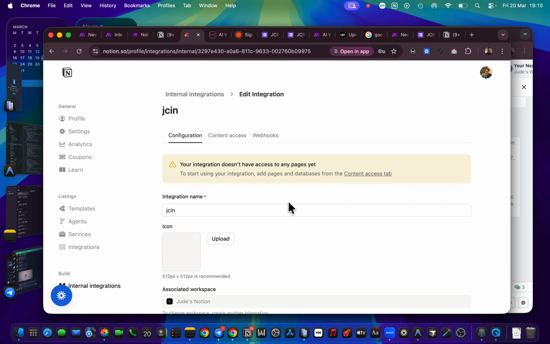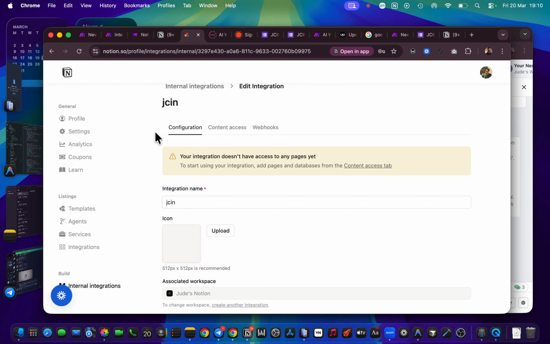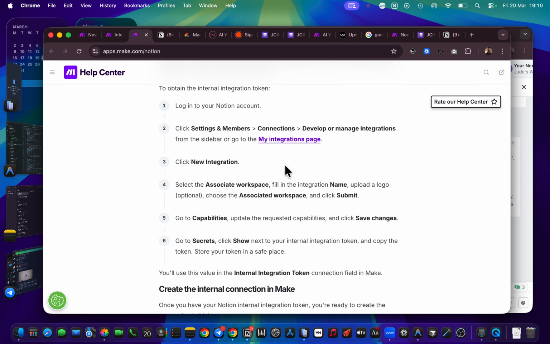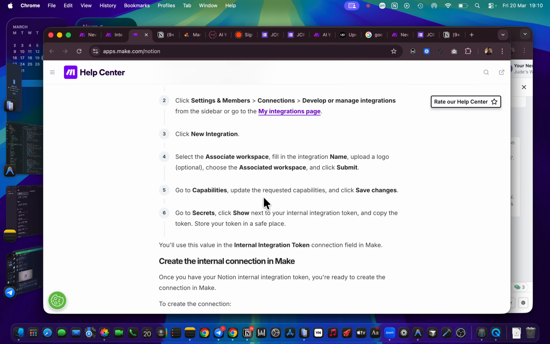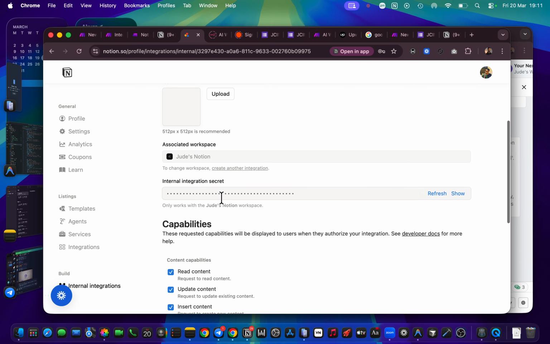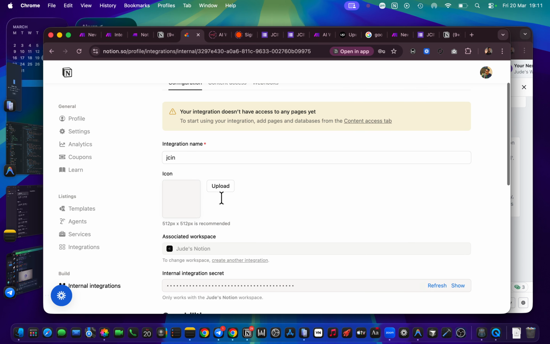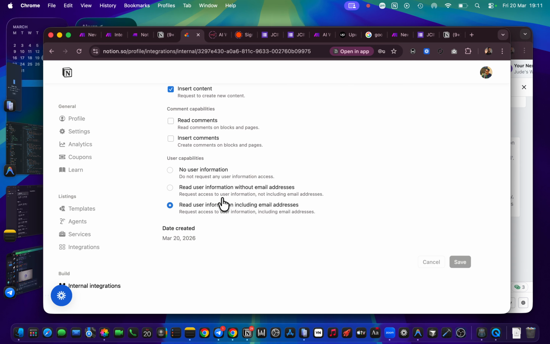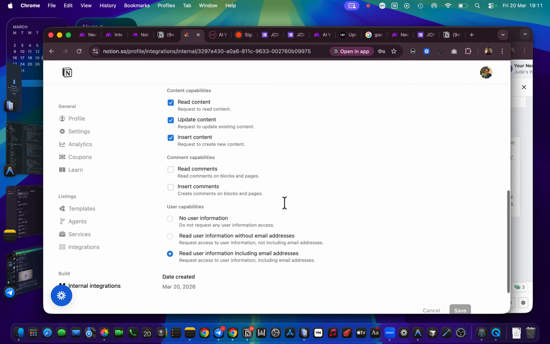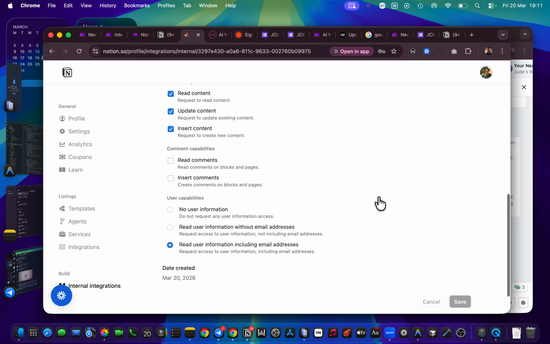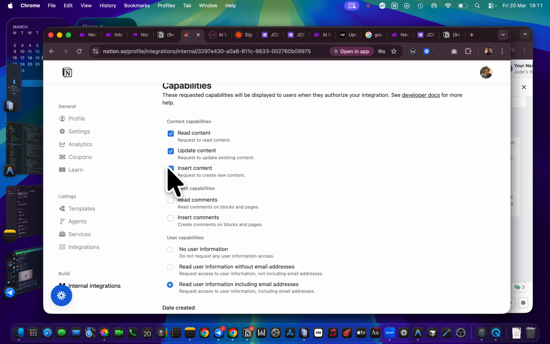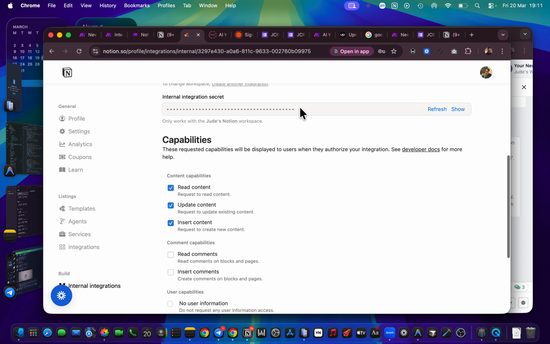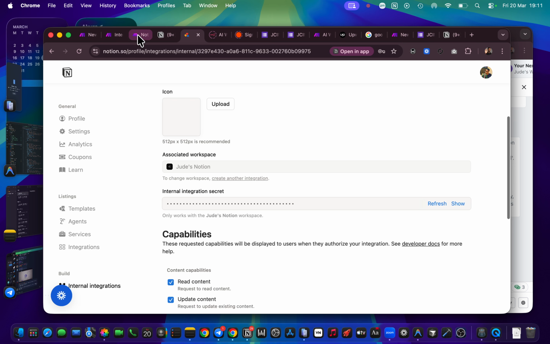So what am I meant to do? There's configuration, all these things I don't know anything about. You go back there, you see capabilities, and so on, click save, everything. To be honest, you don't need to touch anything. You're on the same page, capabilities, and it says you should save. Now, one thing you need to know, it has automatically saved by itself. So in most cases you can leave it the same way it is. You don't need to change anything here. Just leave it here. By default, it has done everything it needs to do for you to be able to make your connection.